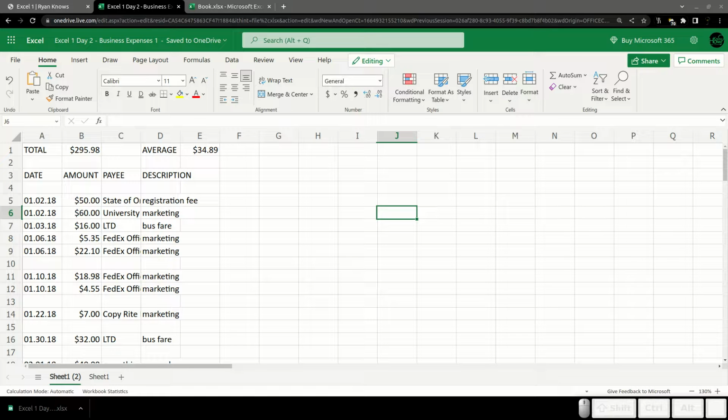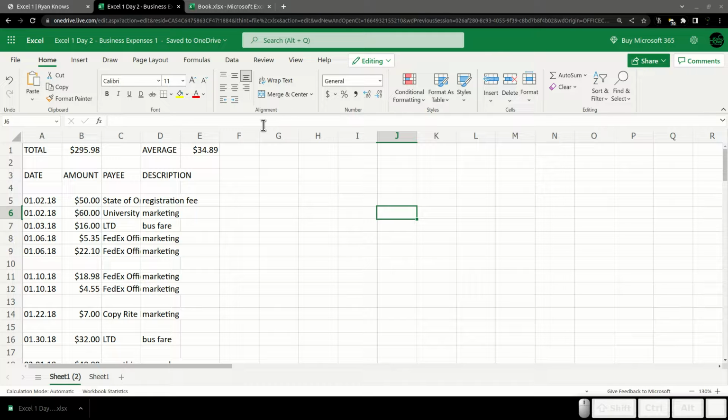Something we might want to do, because there are different types of expenses in here, is find the total of each of the different types of expenses. That is a slightly more involved process, and that's something I want to dive into on the last day.